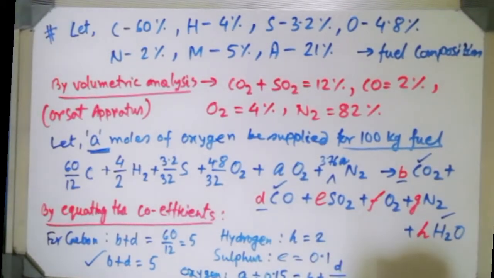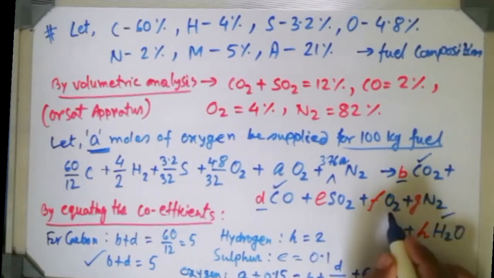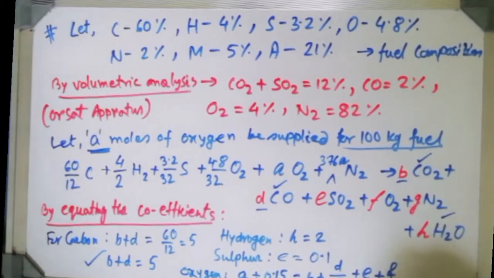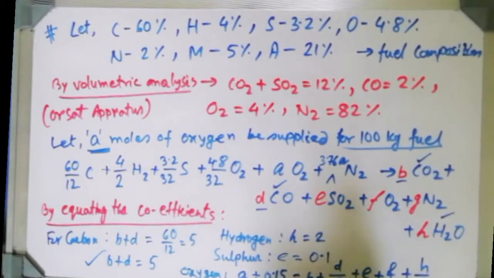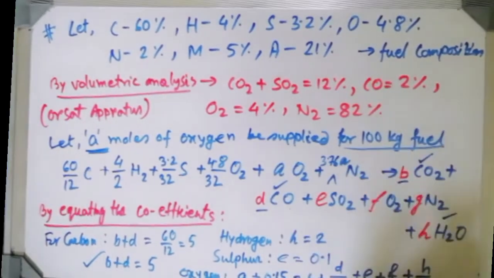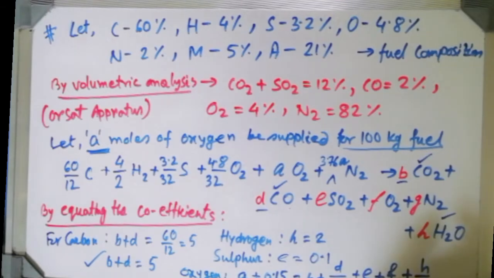Then here also F will be added. Then plus here O is there, so it should be H by 2. Simple technique: just count all those coefficients in the right hand side, whatever we are getting here. So that expression is only standing for oxygen. Okay, now if we go for nitrogen, the space is, I can write here actually.